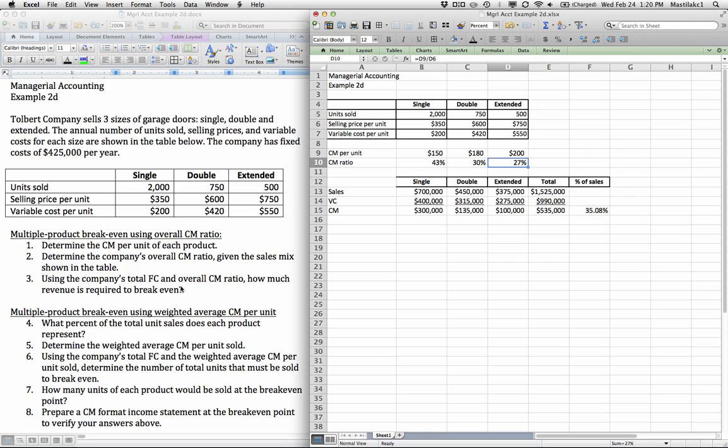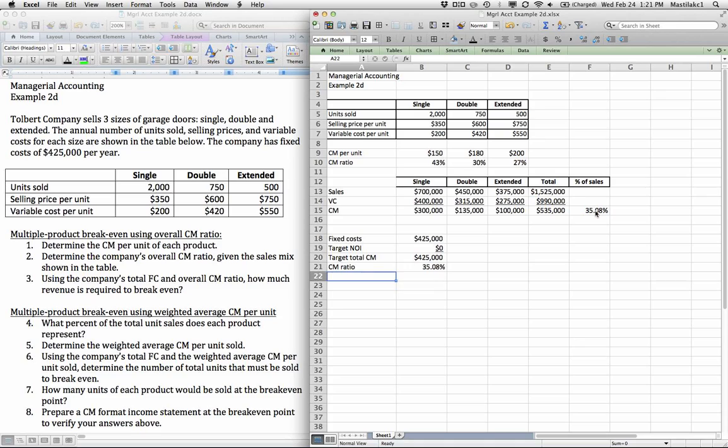Thirdly, we're being asked to calculate the total revenue required to break even. Now, if you remember from your single product break-even case, in order to calculate break-even, we just take our fixed costs, add our target net operating income, which in this case is going to be 0. Our total fixed costs are given at $425,000. That's given here. And you combine those two things to get your target or required total contribution margin. So in order to earn a net profit of 0 or to break even, we need $425,000 of total contribution margin. Now, if we know that our CM ratio is 35%,